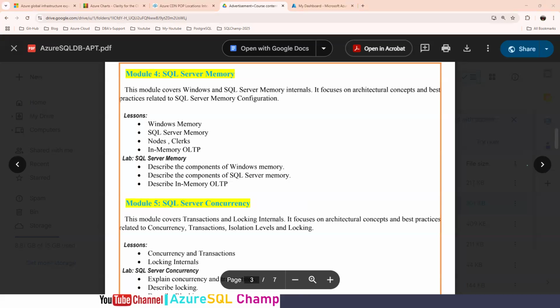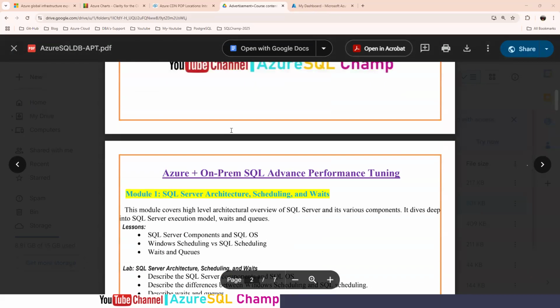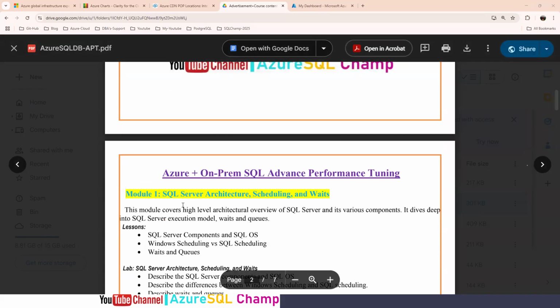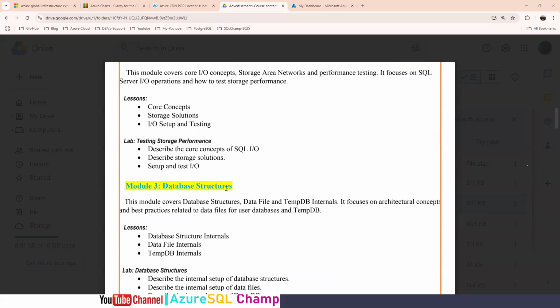We need some performance tuning related topics like CX packet and other things, wait types. We'll talk more on waits. No worries. And multi-column indexes, how can we work with multi-column indexes, how seeking is possible with a multi-column index.